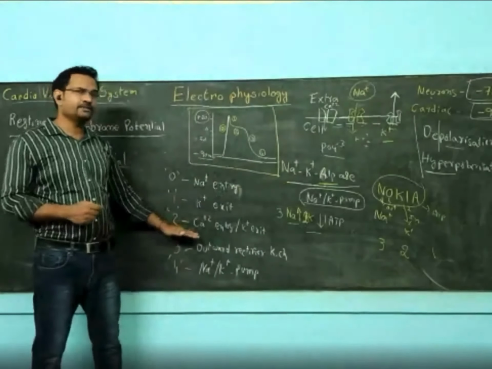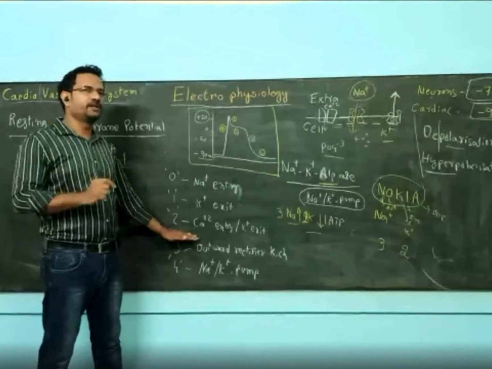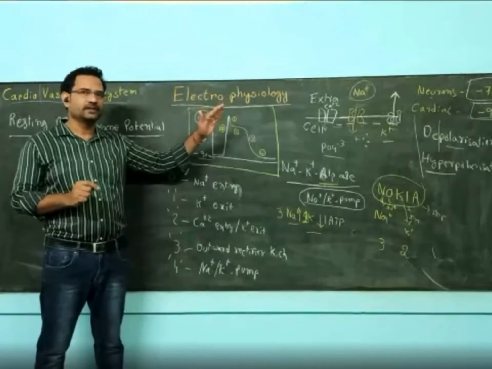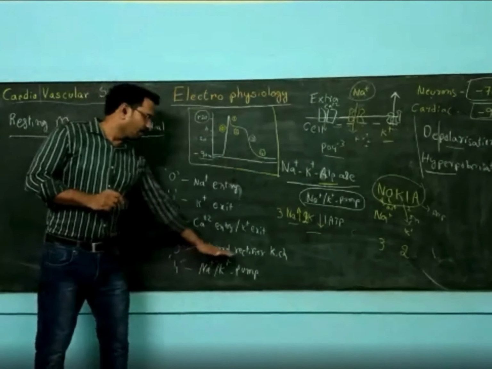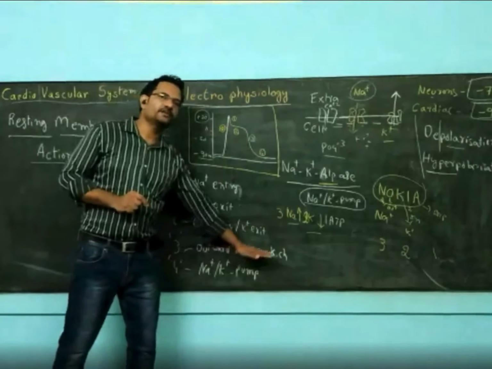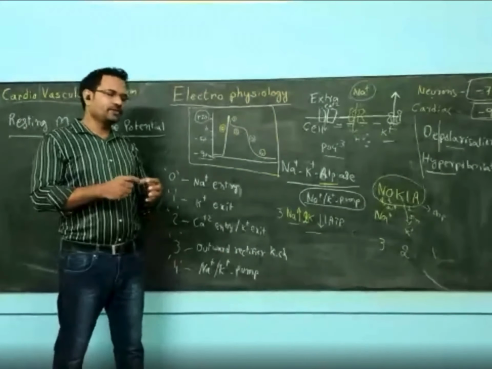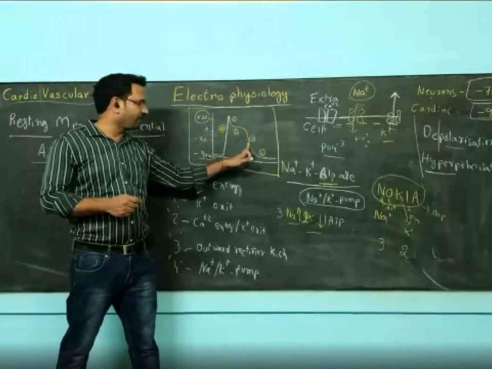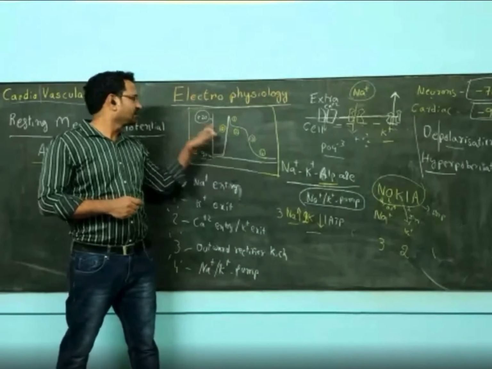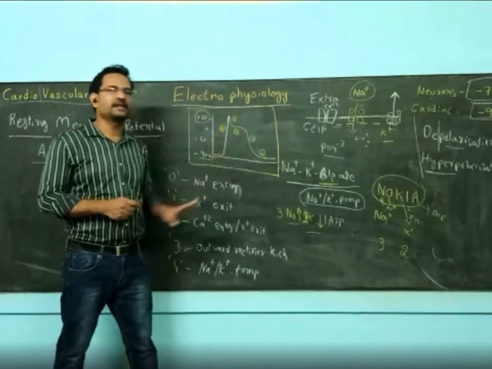Now again, calcium channels open for a few milliseconds. After that, the channel closes. After that, because of all these potential changes, the outward rectifier potassium channel opens. Because of the opening of this channel, potassium will be going out of the cell and there is a rapid fall of the potential. See, from positive, it is coming down to almost negative.